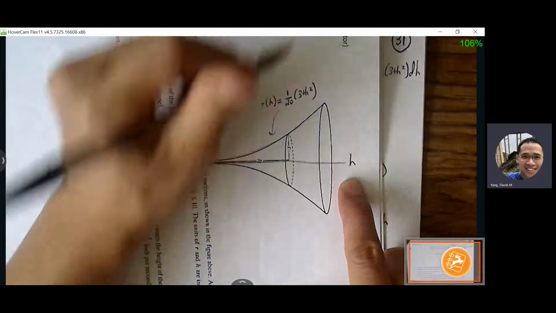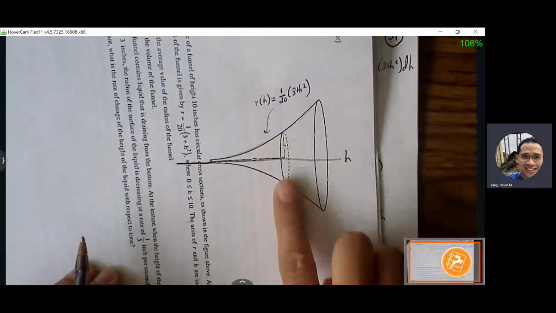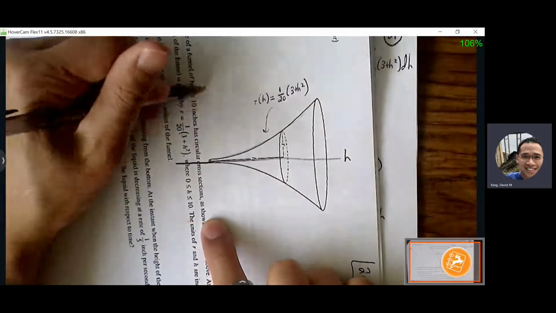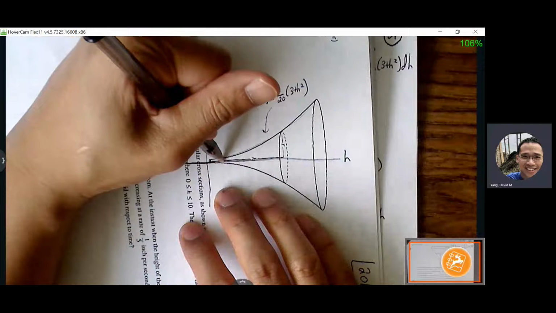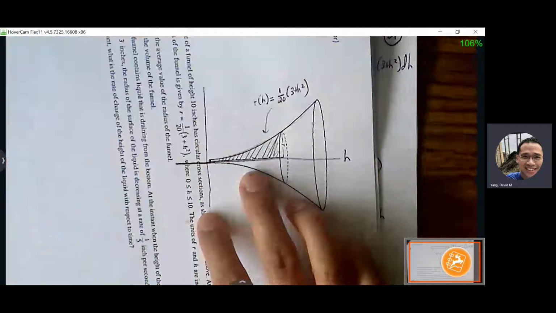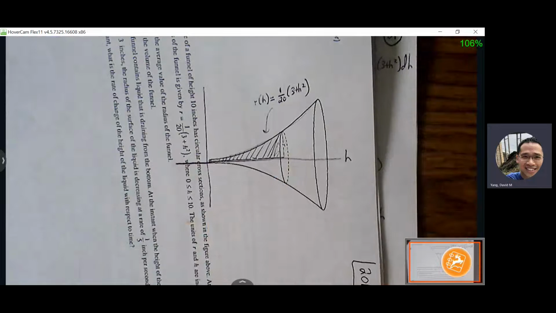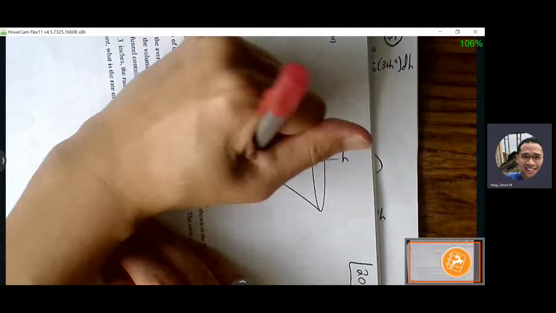Imagine that this is now the H. The H is your x-axis, and then your R is your y. And this is what's happening. We're taking this graph, and if we rotated that graph along this quote-unquote H-axis,